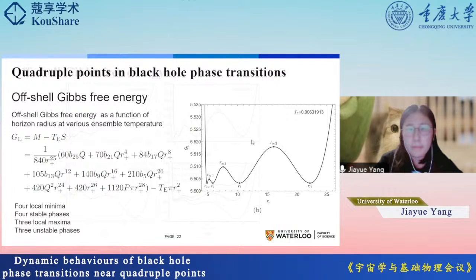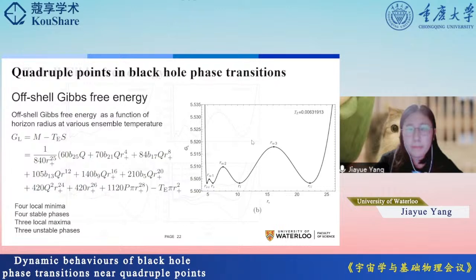And if I raise the ensemble temperature, it becomes the red curve. As we can see, only at this ensemble temperature do the four stable phases share the same Gibbs free energy